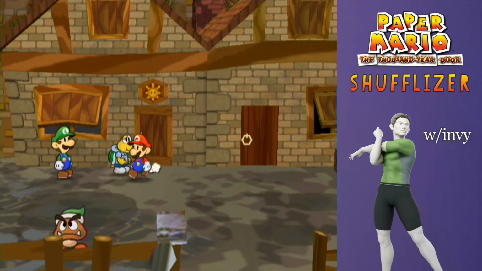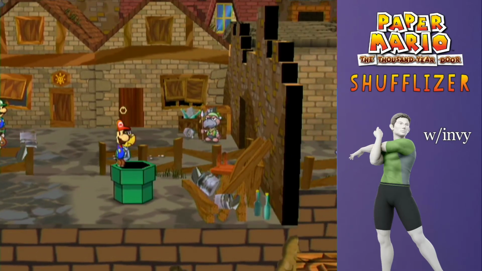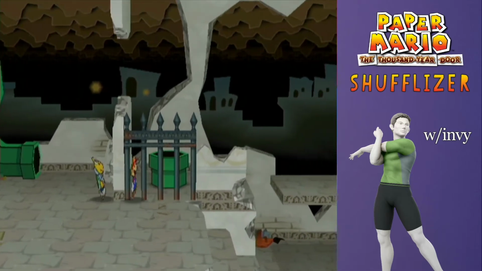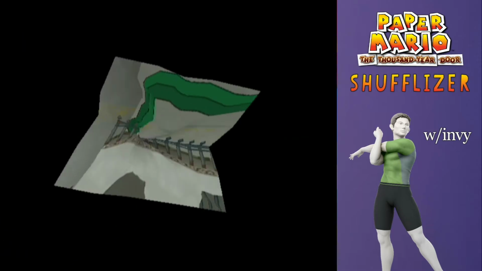And we are going to... I'm actually just going to go down to the 1000-year door real quick and continue the story progression. It'll warp us back up here anyway, so it's not going to waste that much time. We have to do it eventually anyway. Okay. Heading down, going down. Yep. Once again, I think I talked about how...